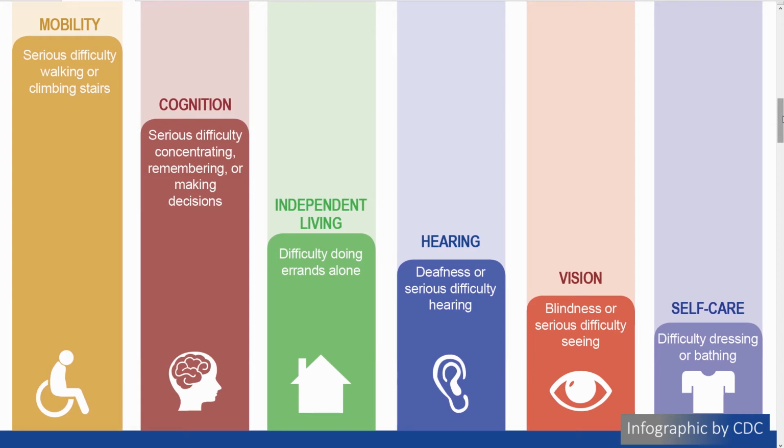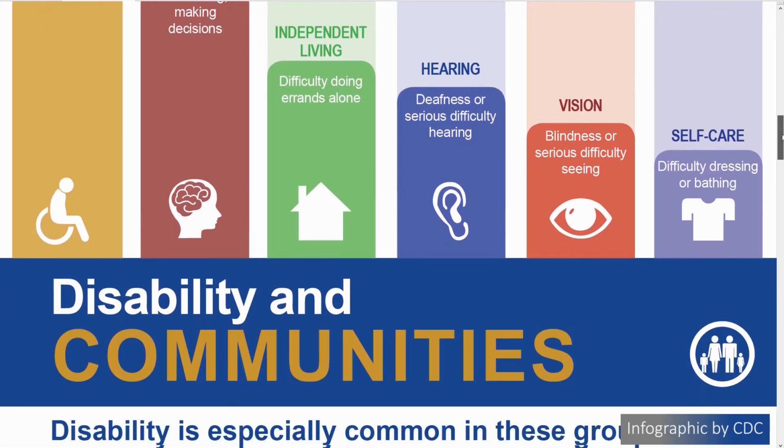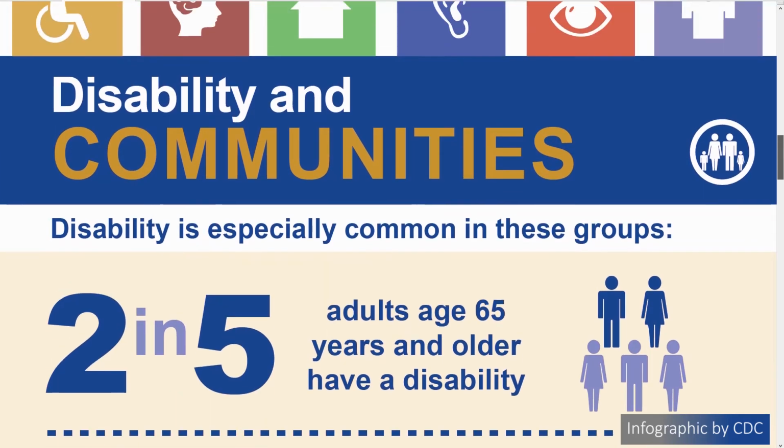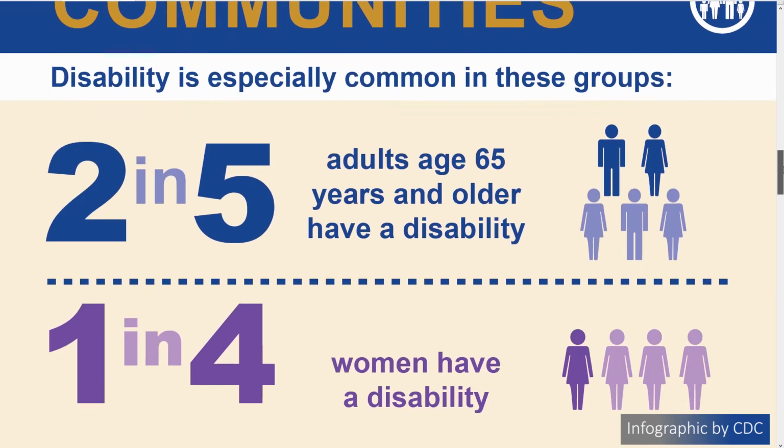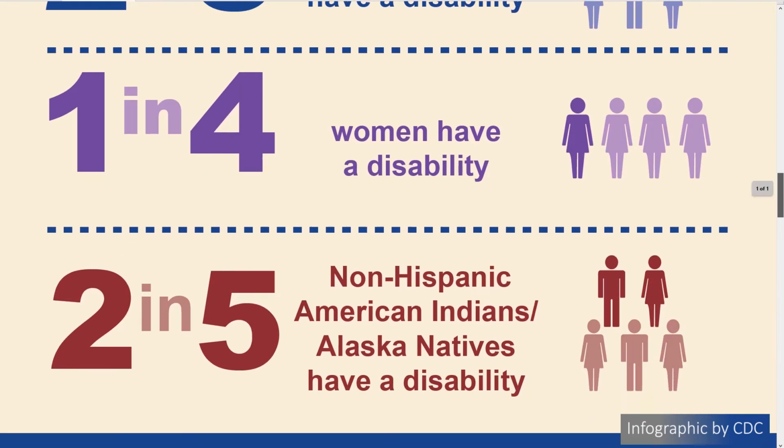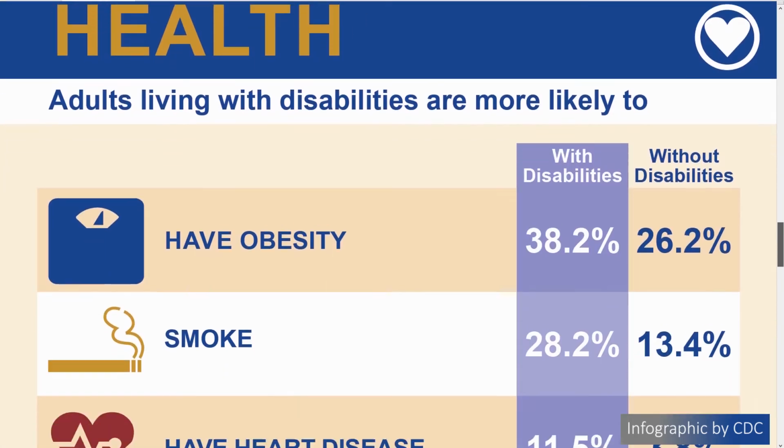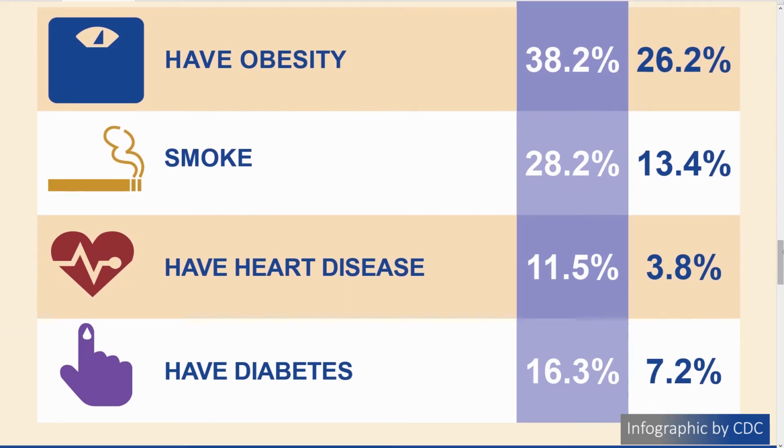Let's not stop there. Disabilities are common in several groups. 2 in 5 adults aged 65 or older have a disability. 1 in 4 women have a disability, and 2 in 5 non-Hispanic American Indians or Alaskan Natives have disabilities. Adults living with disabilities are more likely to be obese, smoke, have heart disease, or have diabetes. Had enough? Now might be a good time to pause this video and let those statistics set in. The purpose of this video is not to bring you down, but to inform, which brings us to our next